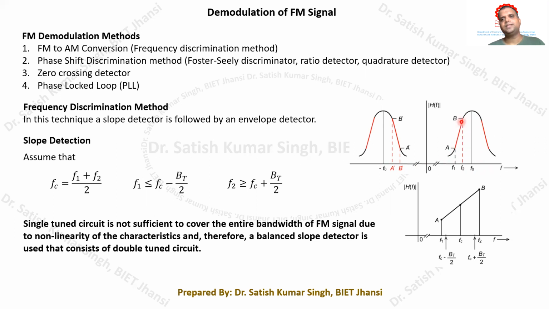So within this red section between A and B, this can be considered as linear characteristics. Between frequencies f1 and f2, this section of the tuned circuit has its most linear curve, and therefore the output within this range of f1 and f2 is going to be proportional to